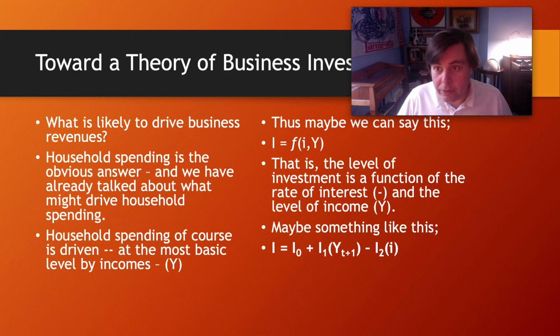Now you'll notice a few things about this. We've included I0, which acknowledges that there are other exogenous factors that are going to impact our model, right? There are things besides interest rates and incomes that are going to affect business investment. But also, we expect incomes to have a positive relationship and interest rates to have a negative relationship with business investment. So that's why we have the positive sign in front of I1 and the negative sign in front of I2. Now, just like before with households, the parameters I0, I1, and I2 would be behavioral, and they would have to be estimated from the data. You might grab some data and try to estimate those yourself. All that data is available at the FRED site.